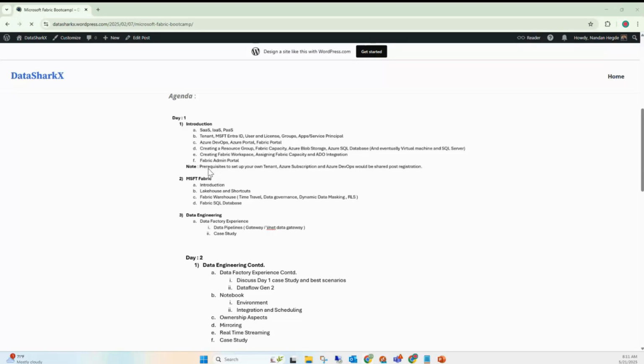Now, one of the prerequisites was to set up your own tenant, Azure subscription, and Azure DevOps. For that, I have already shared some links on how to enable your own Active Directory or your own Azure subscription, which in turn would allow you to have your own tenant. And I'll discuss what this tenant and other aspects are in this session today. Post this introductory aspect, which might take us around 1 week, we would move on to the Microsoft Fabric